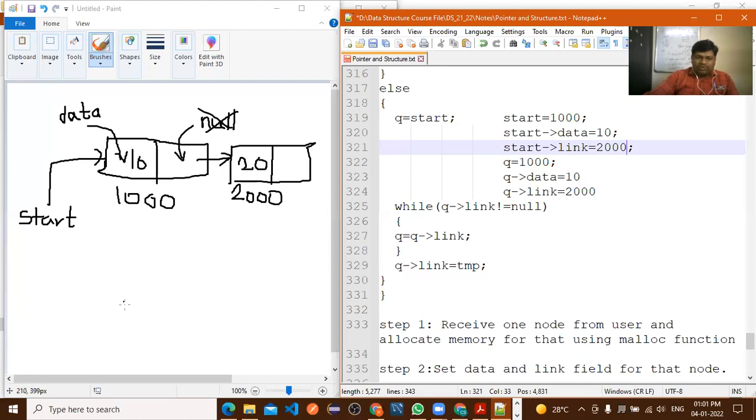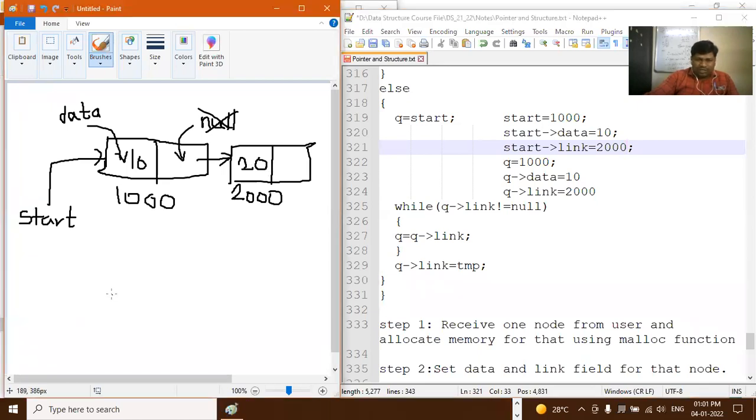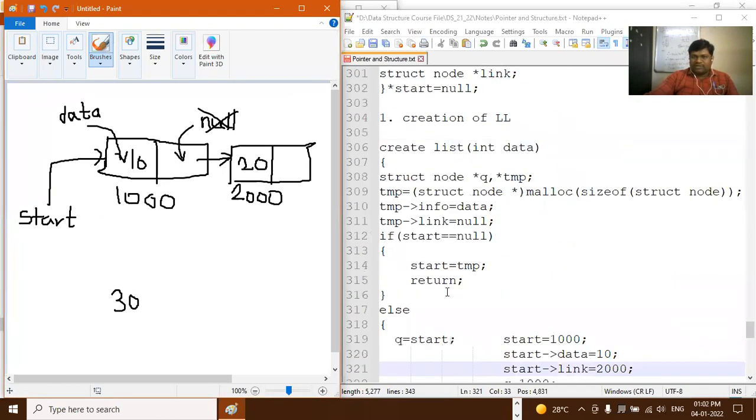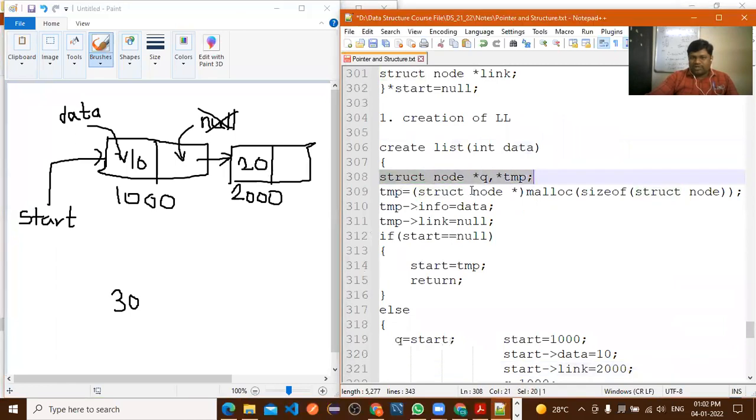Now you want to insert the next element, that is the 30. Now you want to insert the 30. Now we'll check from the starting onwards. Now struct node, create the node. Now once again, so temp is created. So every time we are creating one temporary node, right?